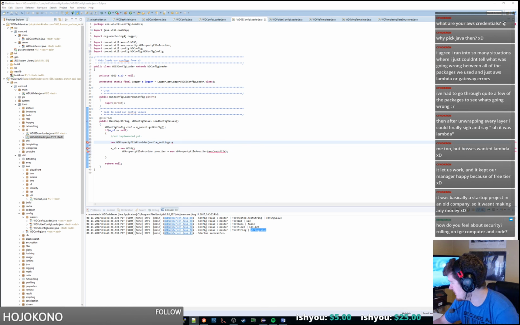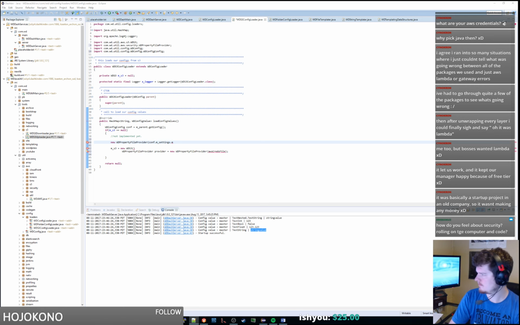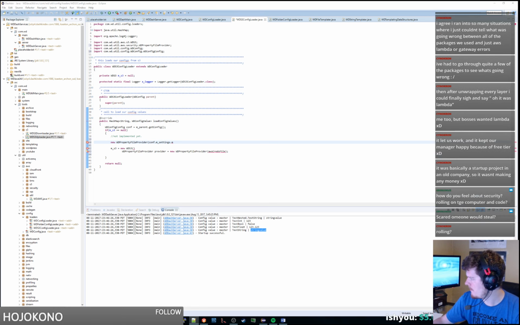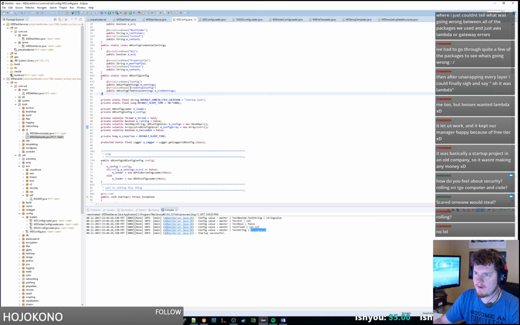This is credential. Yeah, we want the... I need the property file. And then the bucket. And then the prefix. Alright, so we